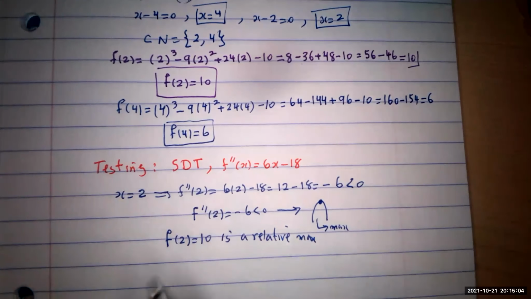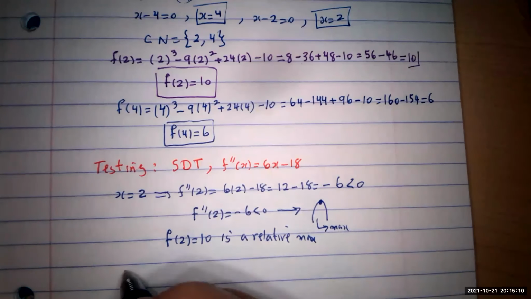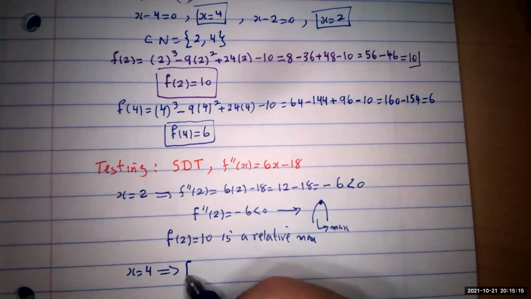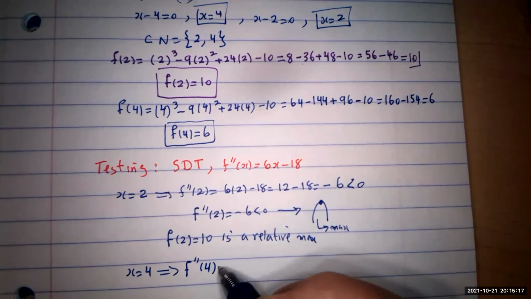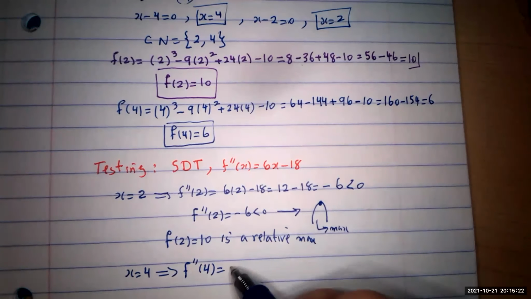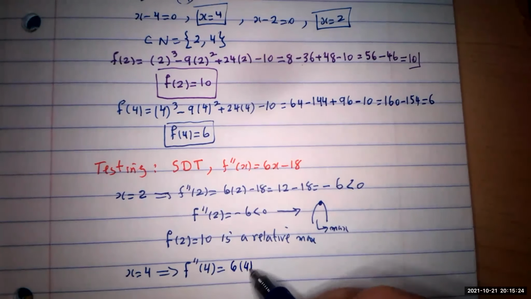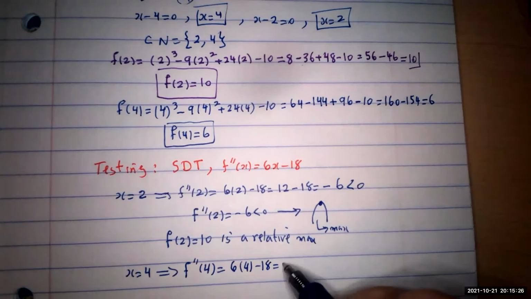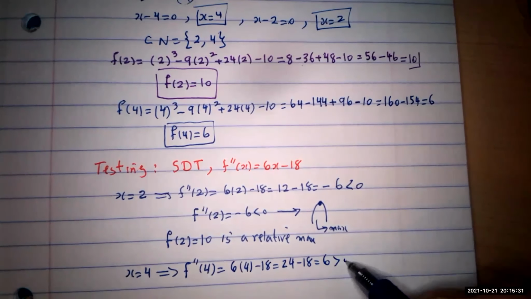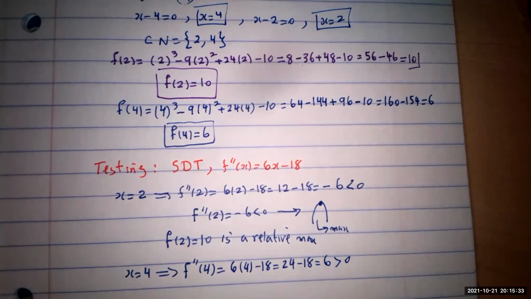So you test the number into the f double prime because this is going to be a number c. So that's x equal to 2. We have one more to check, x equal to 4. If you drop x equal to 4 into the f double prime of 4, the result would be what? That is 6x minus 18. It's going to be 6 times 4 minus 18. So that gives you 24 minus 18. This time it's going to be positive. Okay, so f double prime of 4,